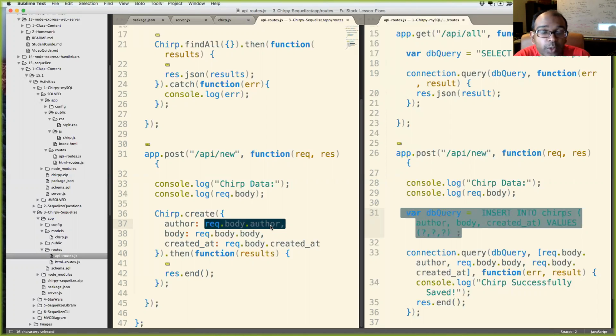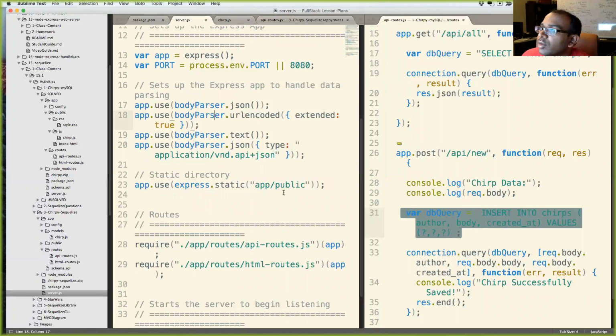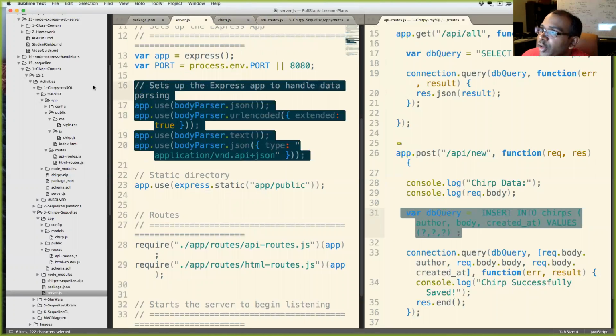The name attribute of the form is the key, this author. We use body parser. That's why we use body parser in the package.json file right here. And that's why we use it over here as well. We set up body parser over here, so we can do all that. Any questions on that?